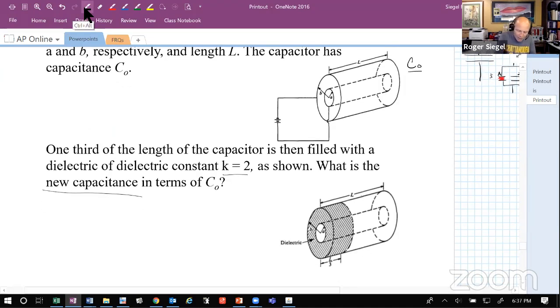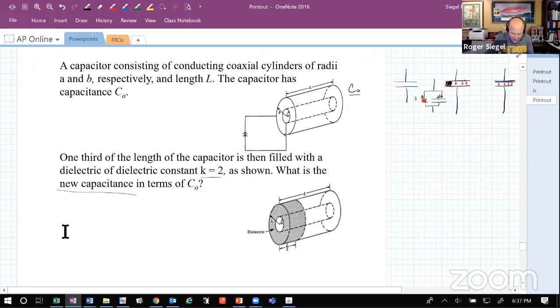So once again, I'm going to remind us, this is for a parallel plate capacitor, but we're going to generalize it to this form because we can, and it'll work out fine. So I'm going to go ahead and say that C is equal to epsilon naught A over D. All right. And so let's see what we have here. So this is C naught. All right. Now we have two different